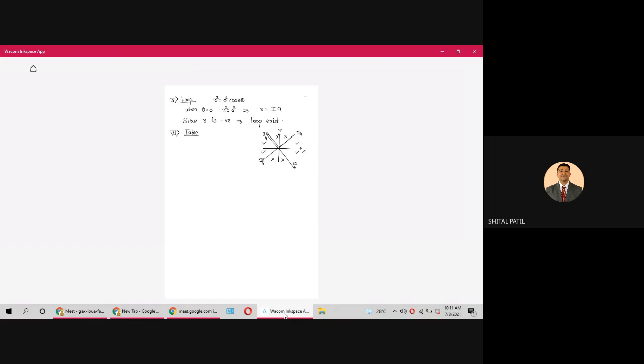Is everyone understanding? Again see, since the curve is symmetric about the x-axis, it is sufficient to consider these values only: 0 to pi by 4 and 3 pi by 4 to pi. Yes, sir. Right. Again, the curve is symmetric about the y-axis also. So it is sufficient to consider these values only. By symmetry, we can trace the curve in this part. Getting that? So, considering existence and symmetry, it is sufficient to consider values of theta from 0 to pi by 4 only. Hope you are getting it.